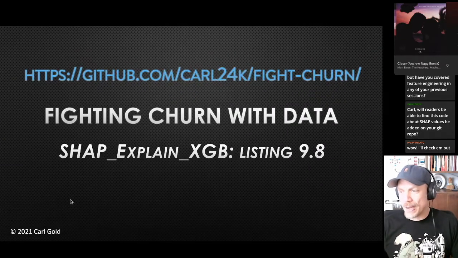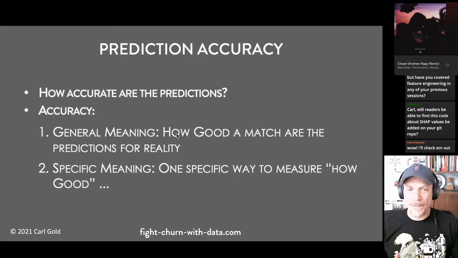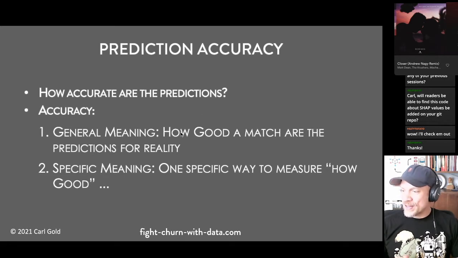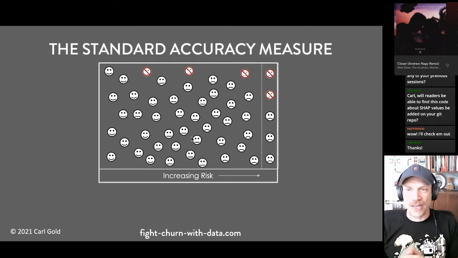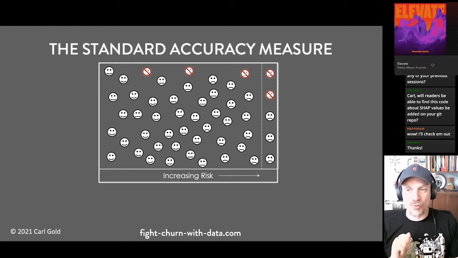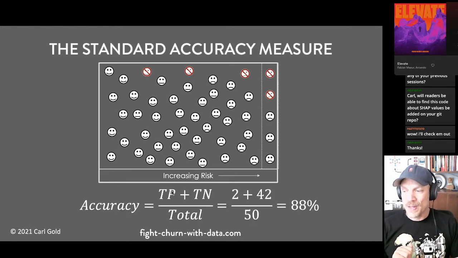All right, but next we were going to talk about prediction accuracy. I think that covered all the questions. So we want to talk about accuracy, and there's both the general meaning and the specific meaning. So first, let's look at the specific meaning of accuracy, which is the standard accuracy measure. I'm sorry for those of you who know this already, but I need to cover the bases for people who don't. The accuracy measure, the specific definition, means that you predict who's going to churn, meaning you assign them a yes or no, and then you look at what percent were correct in the specific formula shown here. True positive plus true negative divided by total.